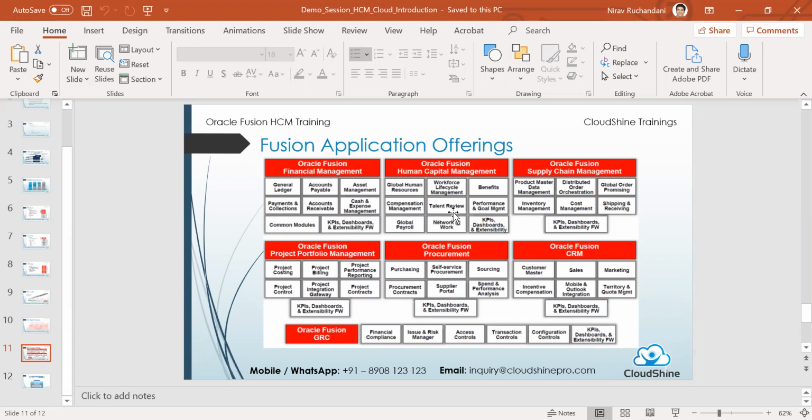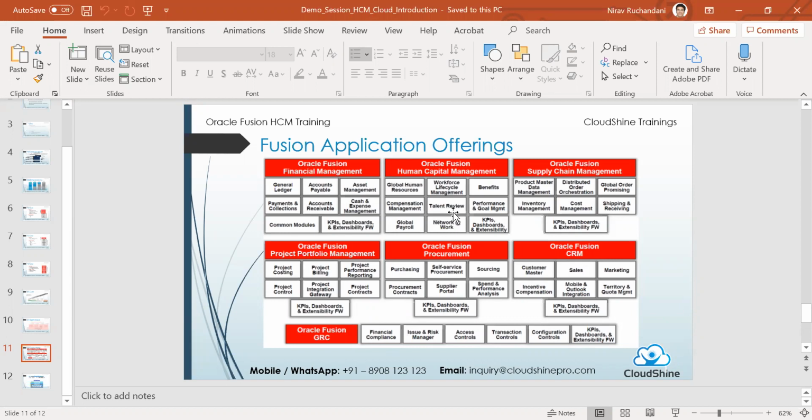So you will have them undergoing different processes of assessment, maintaining their potentials, managing their skills, etc. All that forms a part of talent review. And then, of course, you will need to move the people, or make the people ready for the next role, which is what we call the succession planning module. So talent review and succession planning.